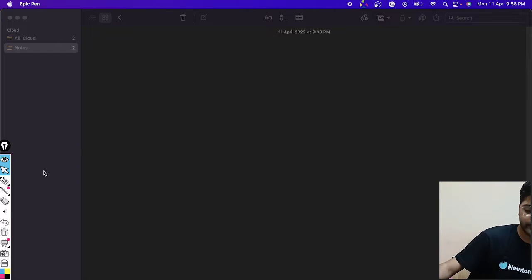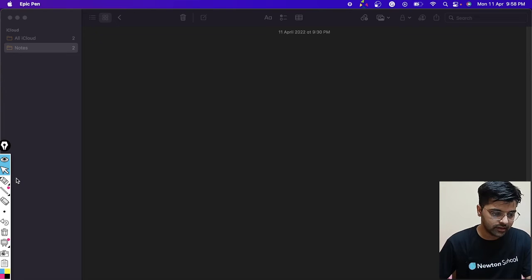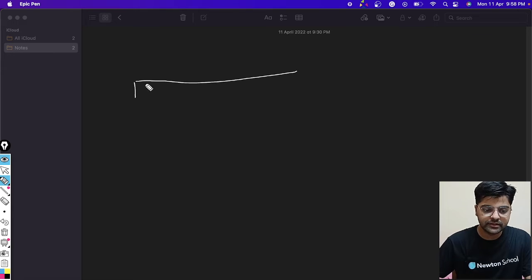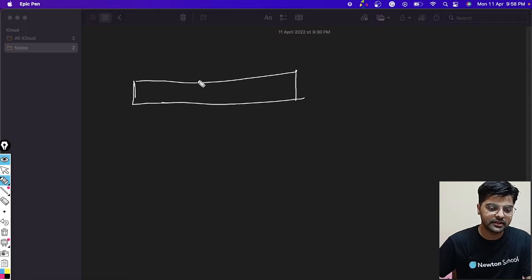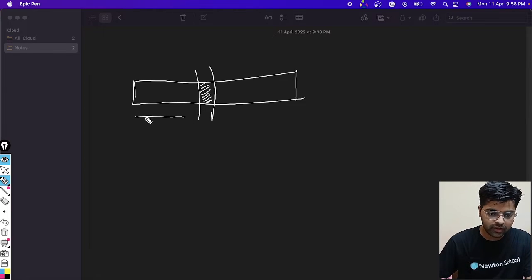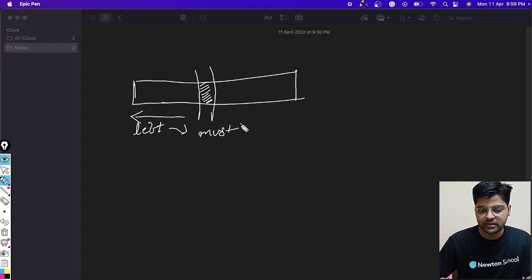Coming back to the median definition, we discussed that it is the middlemost element, but if we consider another analogy: if we consider this element in the array as the median, then all the elements present on the left must be less than that element, less than or equal to.